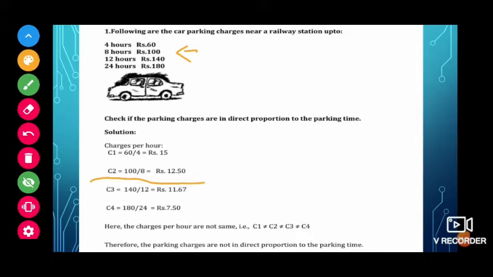So we said that direct proportion means one is increasing in whatever ratio, the other also increases in the same way. But here the hours are increasing, and the cost is also increasing, children. What about the ratio of increment? That is different, isn't it? Here the per hour cost is 7 rupees 50 paisa, here 11 rupees 67, here 12 rupees 50, here 15. Okay, the increment is happening but not in the same ratio for both. So we cannot call it a direct proportion.